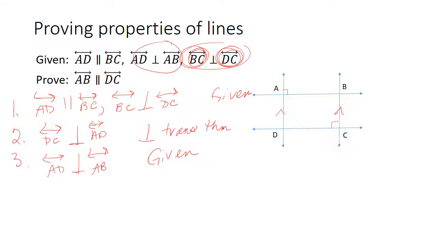If AD is perpendicular to AB and AD is perpendicular to DC, which is what these two lines say, then I can take those and I can say that AB is parallel to DC